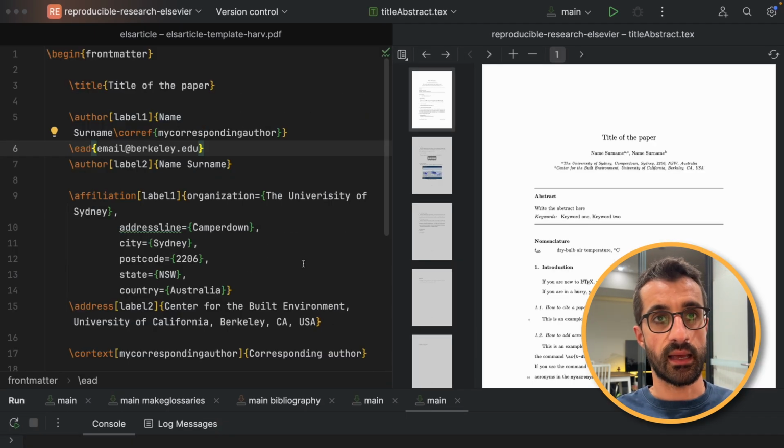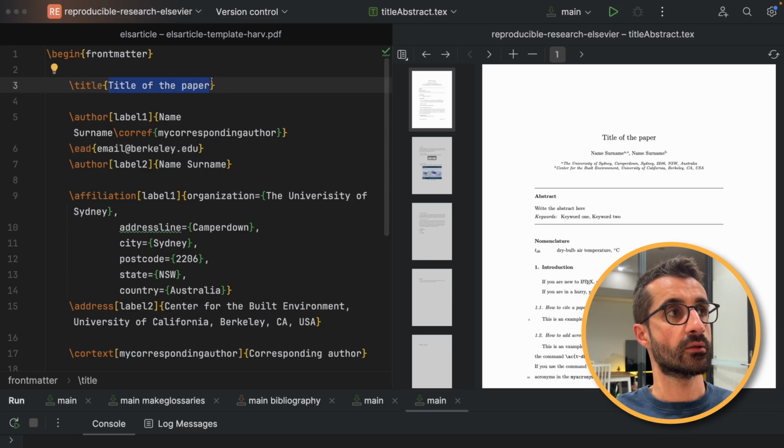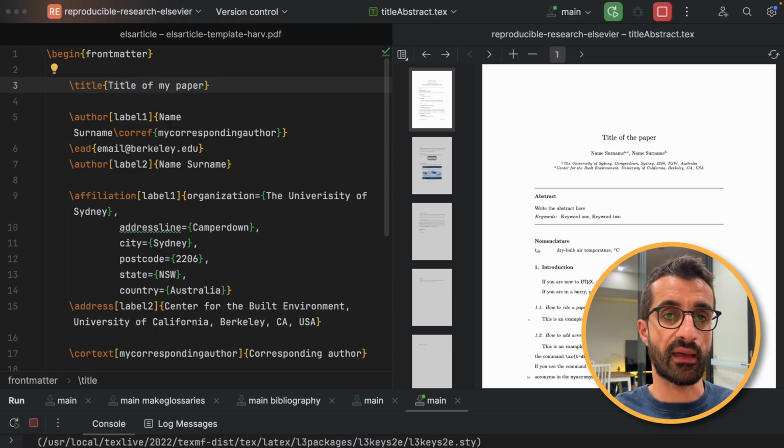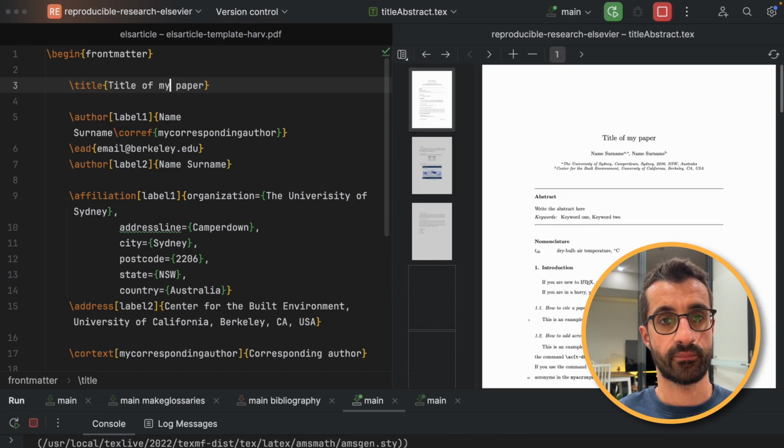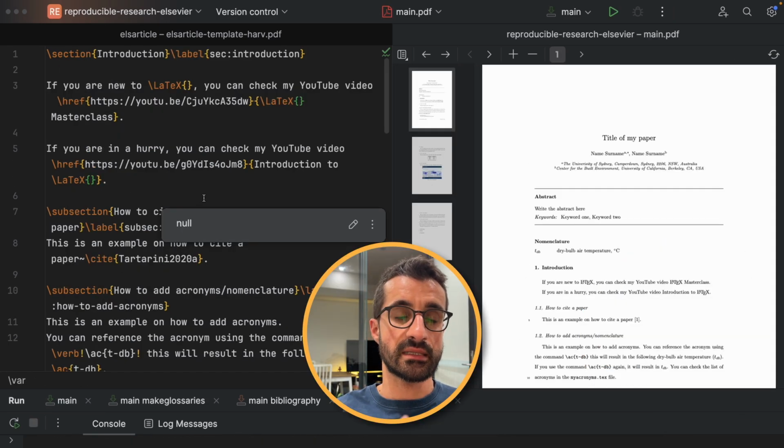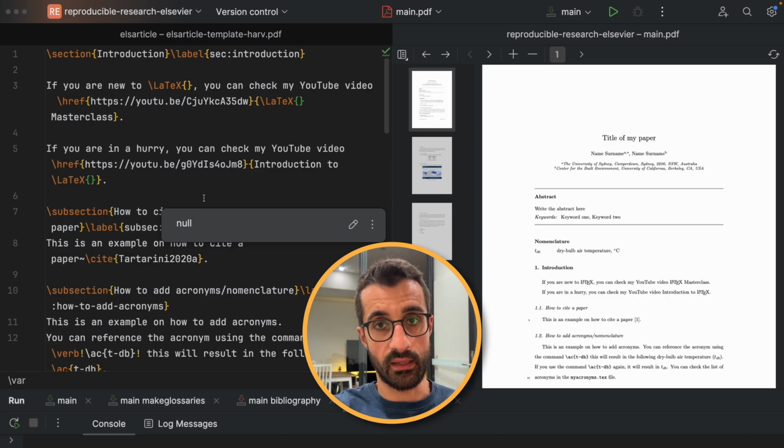So here in the abstract, of course, you will have to update your information. So for instance, you have to change the title of the paper to, let's say, title of my paper. And then we recompile the file, and then we're going to see the changes reflected on the PDF. So now that I show you this, let's go back to the introduction, which I've opened here on the left,